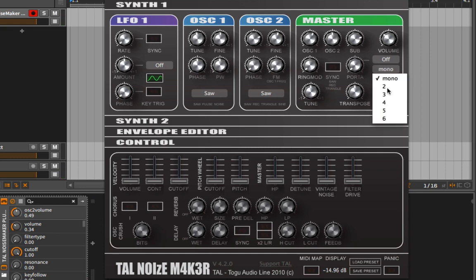If we want to be able to play chords, we'll just take our voices, bring those up to 6. And right away with this control tab open, I have some master effects. And these are things that are definitely worth experimenting with. We have a little bit of vintage noise we can bring into the signal,